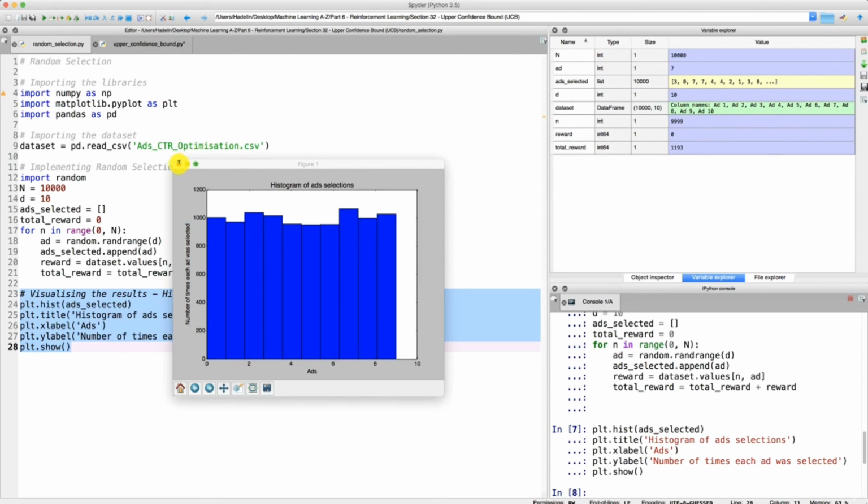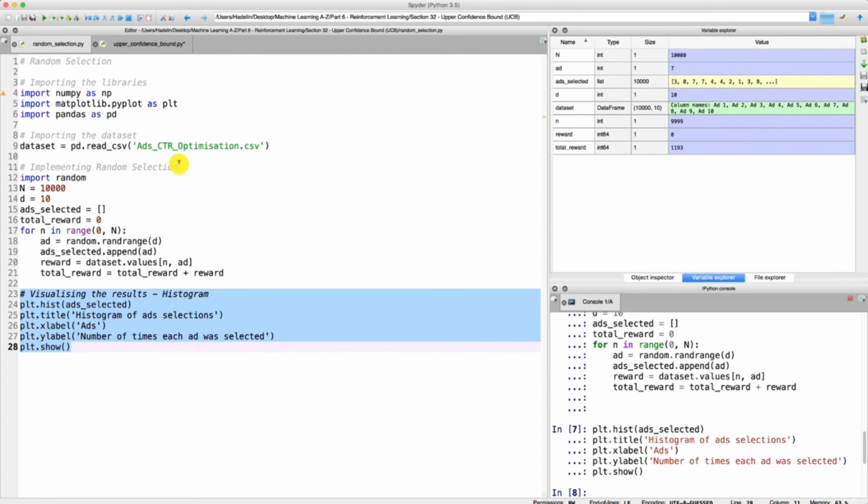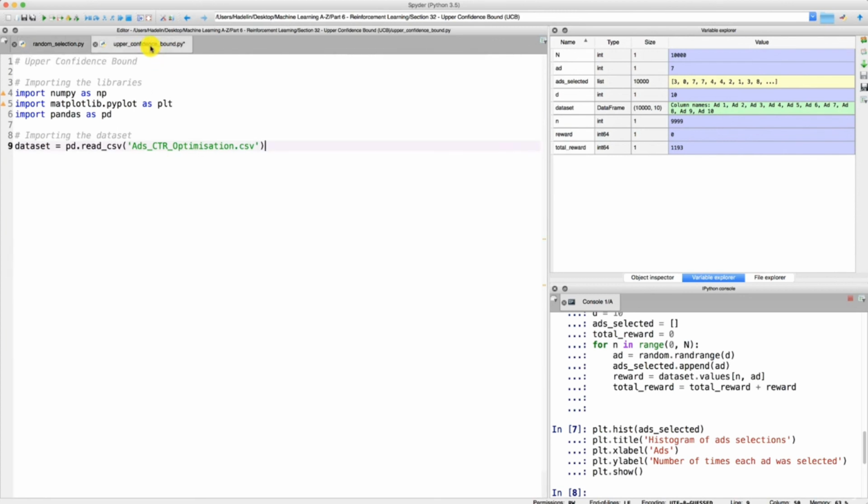All right, so that was just to give you a little extra motivation. And now time to go pro. Let's go back to our UCB algorithm and start implementing it. So remember, 1200 total reward for the random selection algorithm. Let's see how UCB beats that. So we'll find out in the next tutorial, and